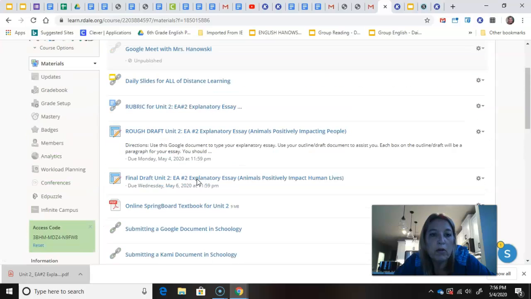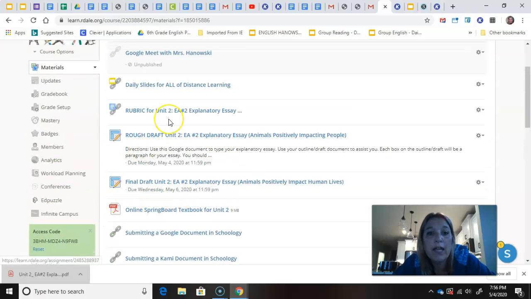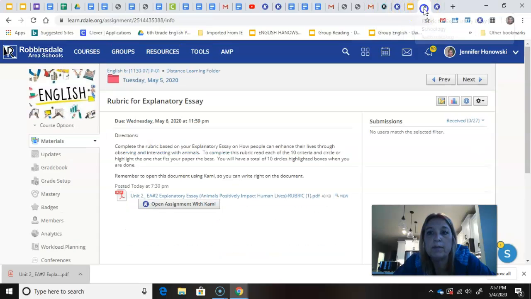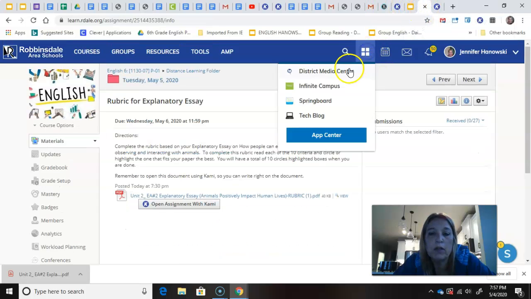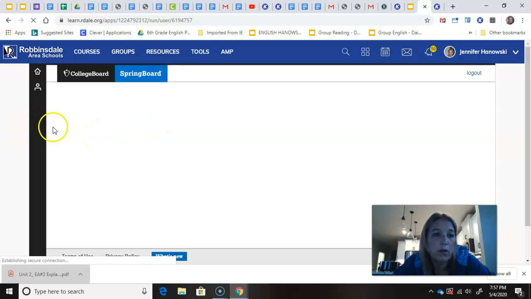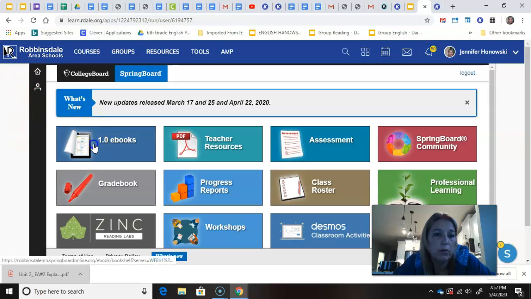So your main goal today is go through. You should have already had a parent look at it. You make changes right on the computer. Revision assistant too. I want to kind of just quick show you that. Those of you, we got to turn that in. So if you go to Springboard here, in case you haven't done that yet, if you go into Springboard, ebooks,